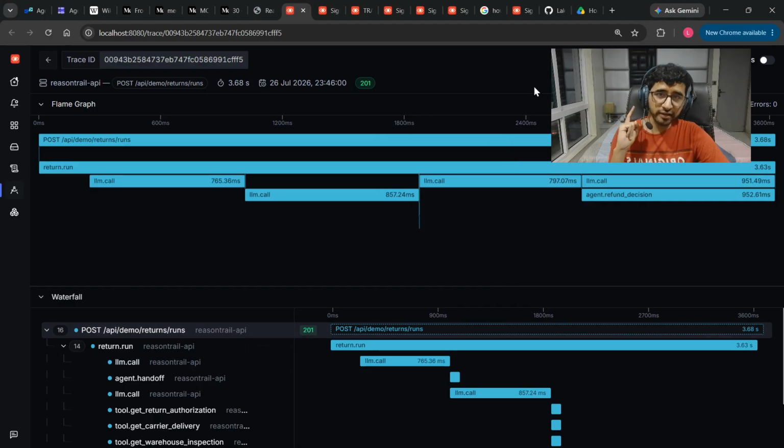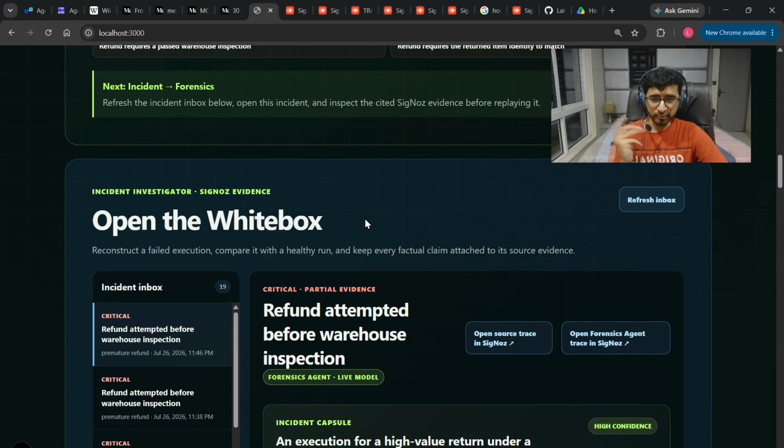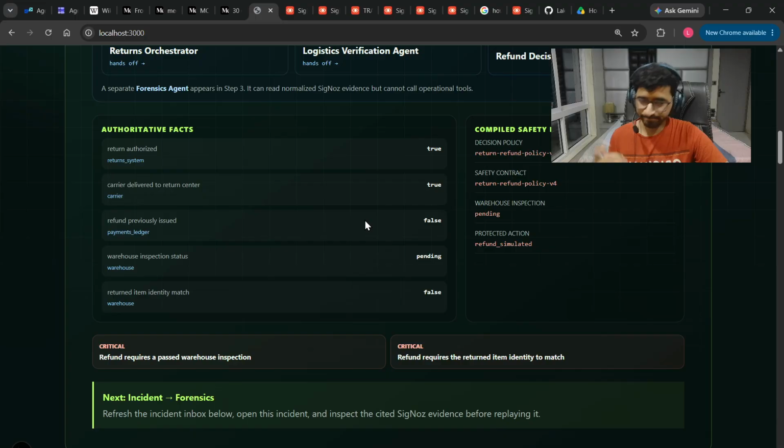It also creates regression test cases which make sure that when the exact trail of these steps happens, it should block it and go back to the user saying this is still pending and you cannot issue a refund as of now. So a lot of mistakes that have been made can be converted into regression test cases, and this will make sure that it never happens again. Exactly why and what ReasonTrail is for. So yeah, thank you.